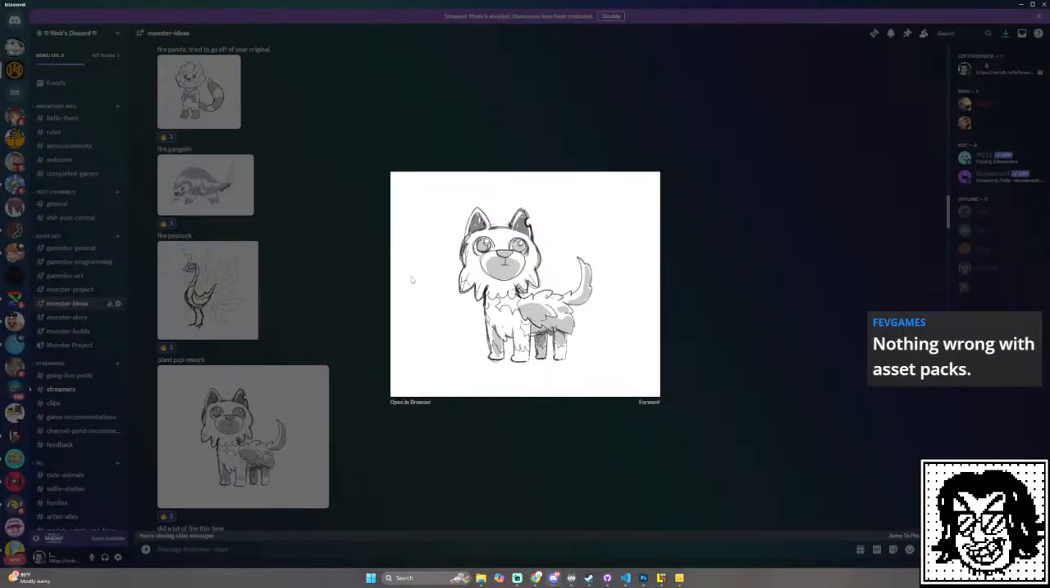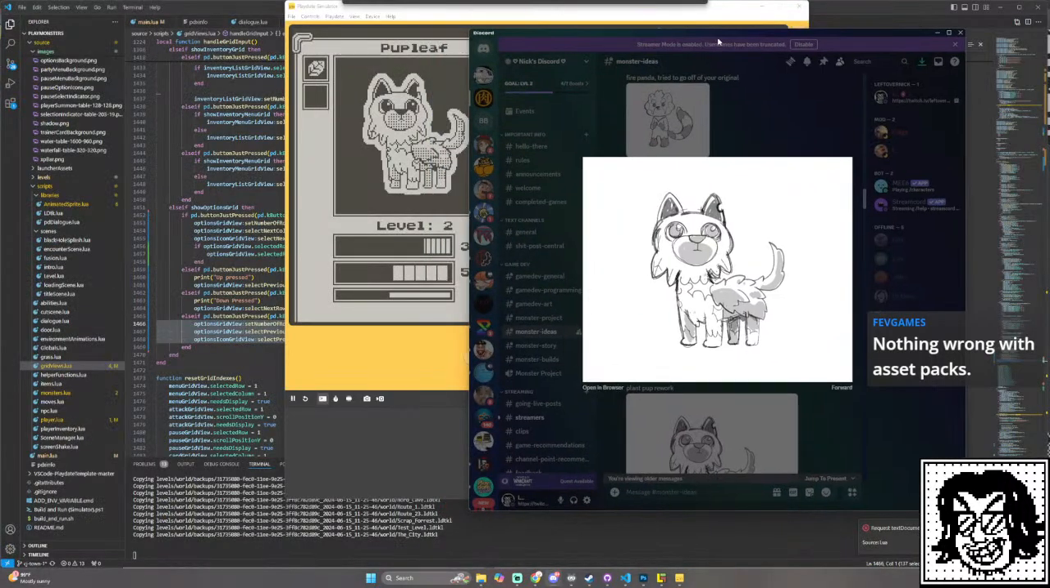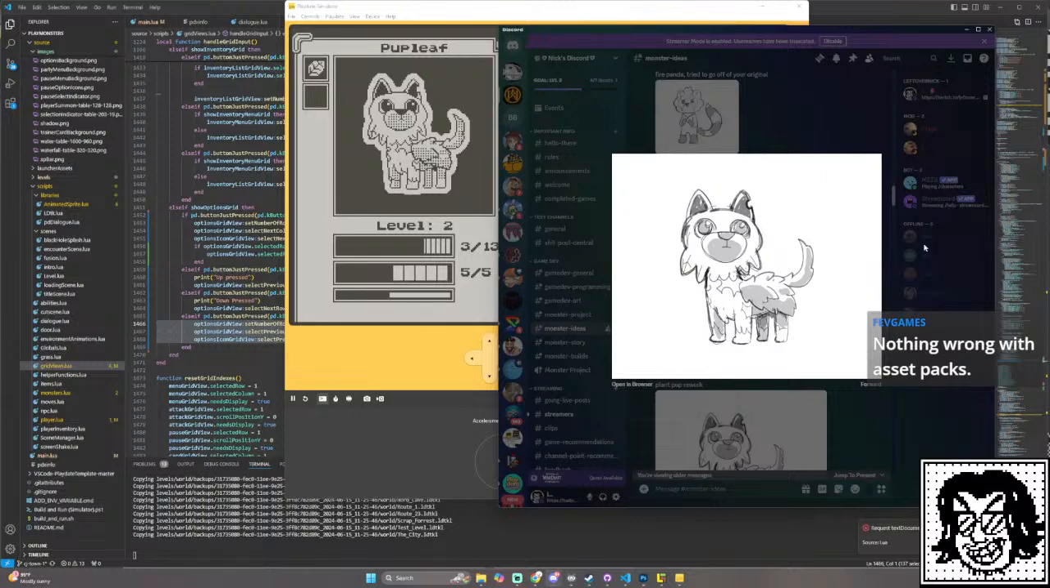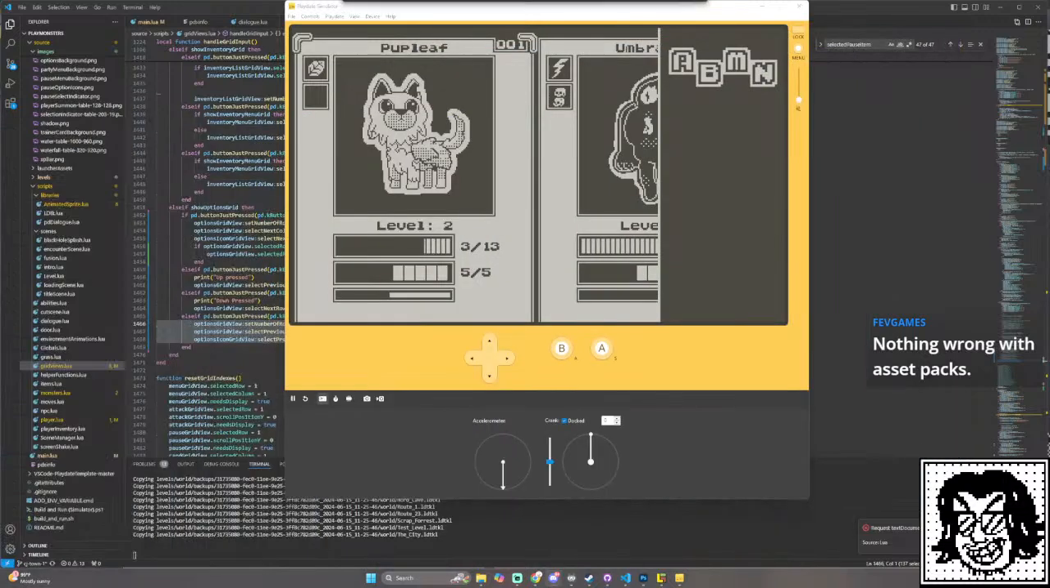So like Joey drew Pupleaf, right? He drew the sketch for it. And then I took that sketch, put it into Procreate with a pixel art brush and some dithering brushes, and just turned it into a small resolution. Then there's ones like